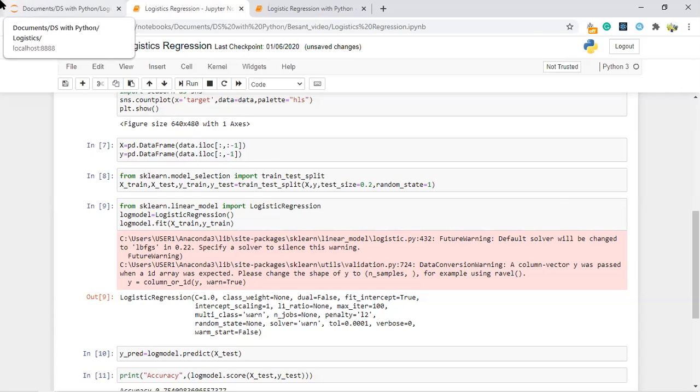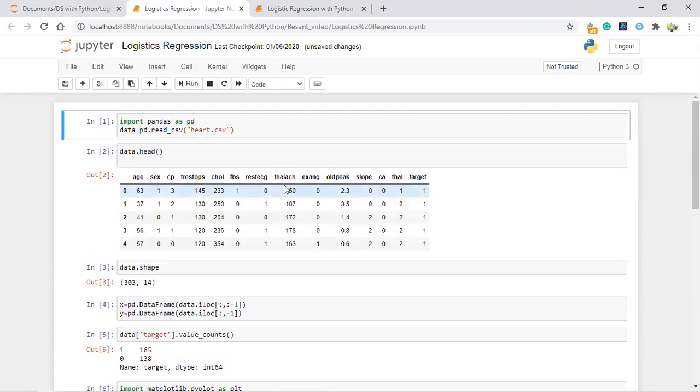The very first thing is, I'm just reading a heart.csv file.